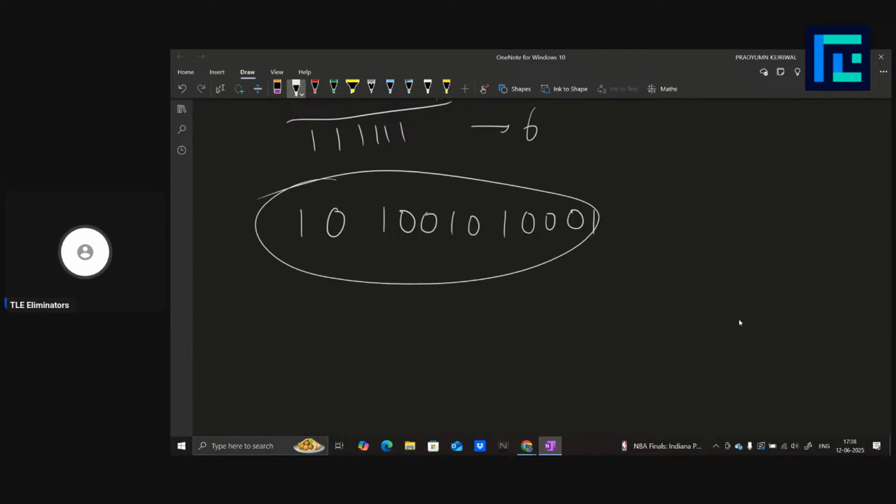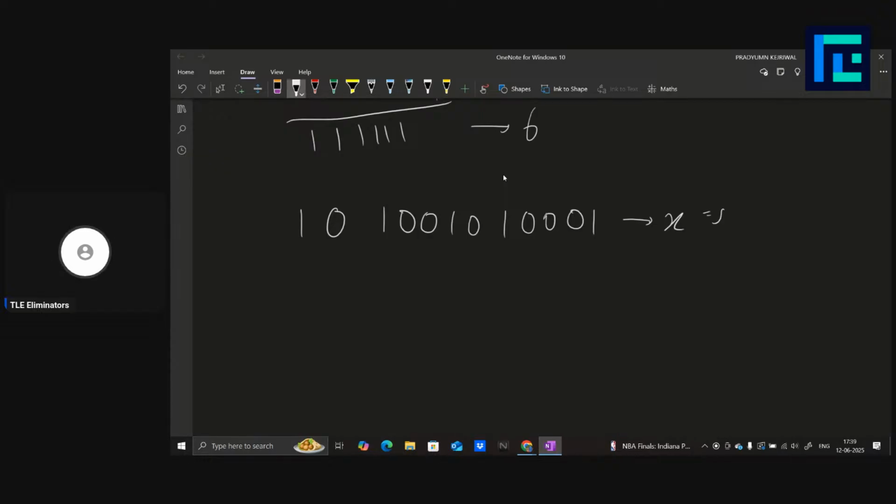Okay. Then if I ask you that if you want to increase the number of bits in this number by 1, like currently if it is x, the number of set bits is 1 2 3 4 5. So currently x is equal to 5, and if you want to make the number of set bits in it to be x plus 1, then how many operations do you need? It is basically just like you will set this first unset bit to 1. Like simply what you can do is, see here, this one is 0, right? So